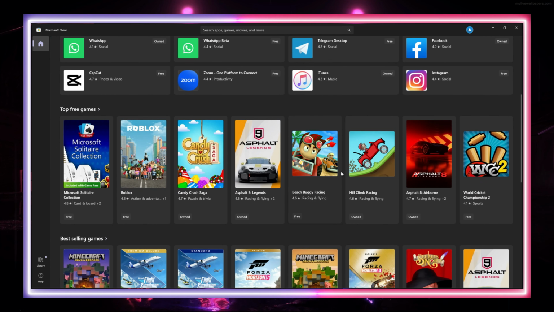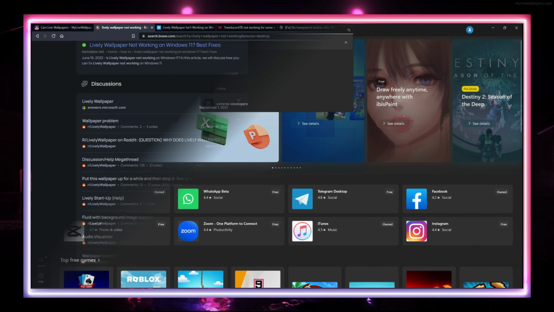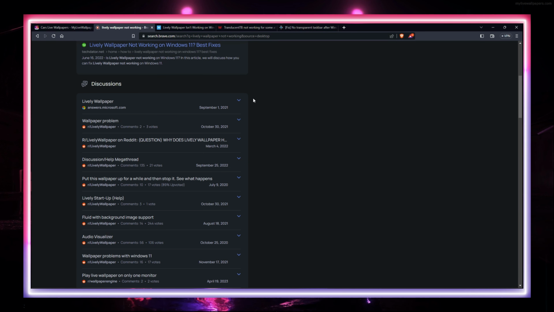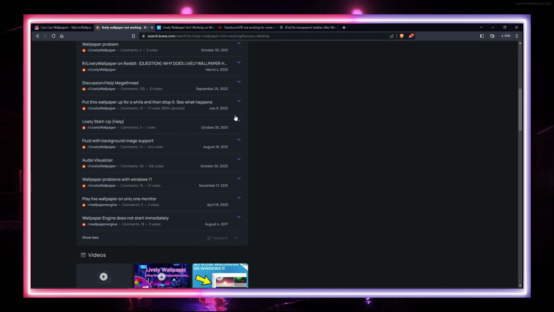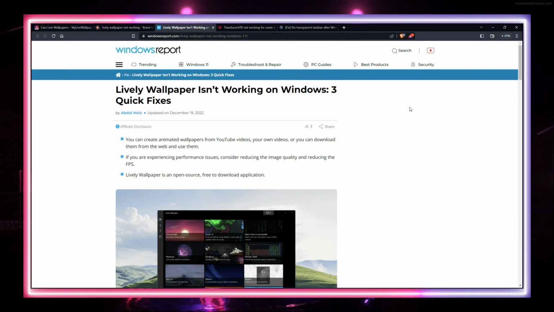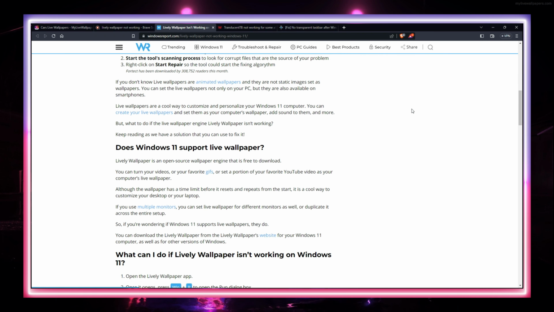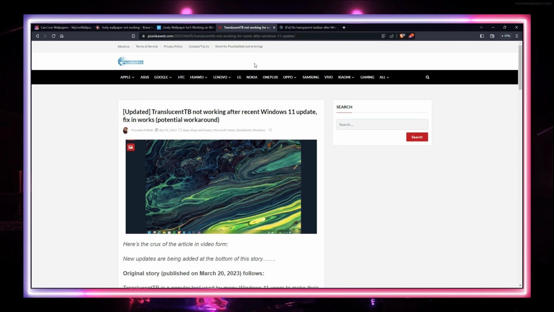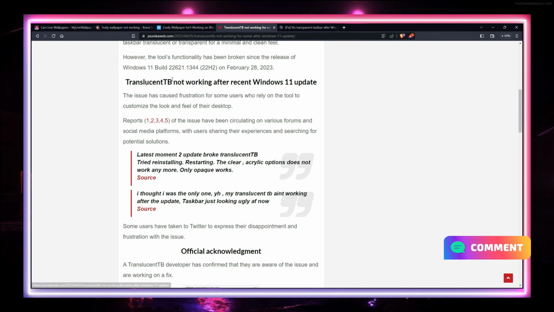Alright, so first we got a couple of things to download and install. But before we begin, please note that there may be bugs and sometimes it might not work for you, mainly because of Windows updates. But there's nothing to worry about, because I will try to provide all the fixes in the description, and also feel free to ask questions in the comments.